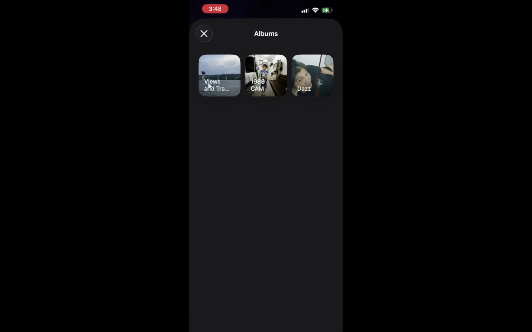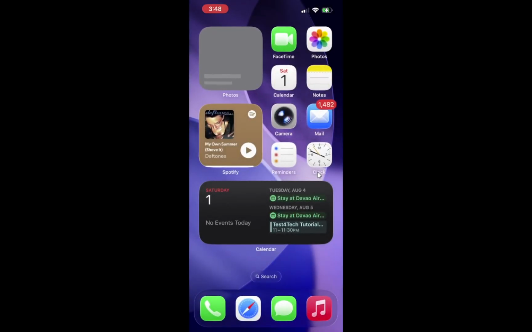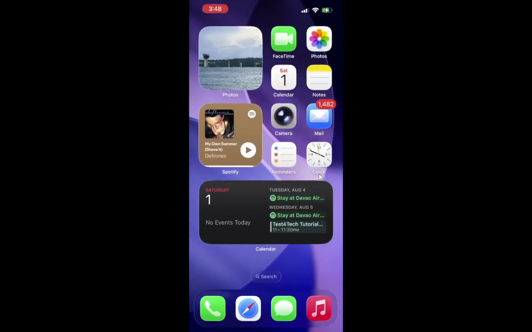Right away, the preview inside the widget updates to a photo from that album, so you can confirm you picked the right one. When you are happy, tap outside the widget area, then tap Done at the top. The home screen stops jiggling, and your Photos widget now shows pictures only from that selected album instead of the automatic featured photos. You have just set up a Photos widget that shows only the pictures you chose from your own album on your iPhone home screen.